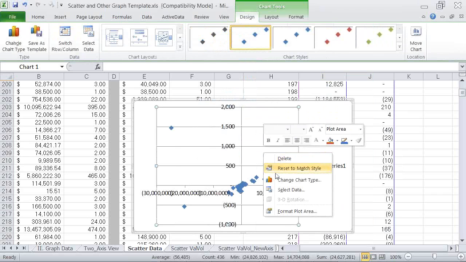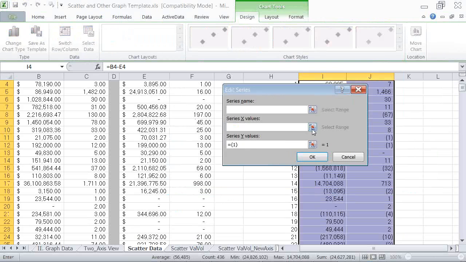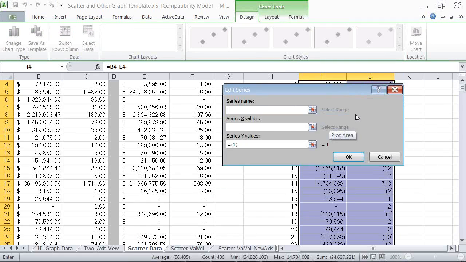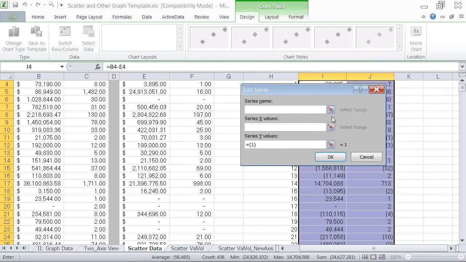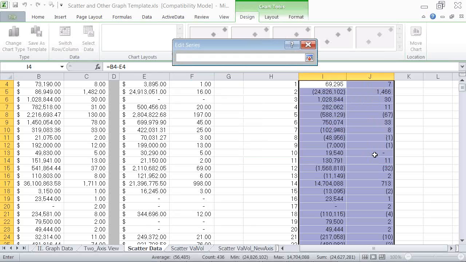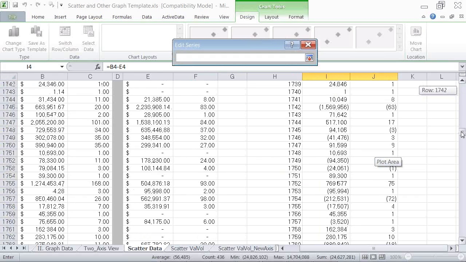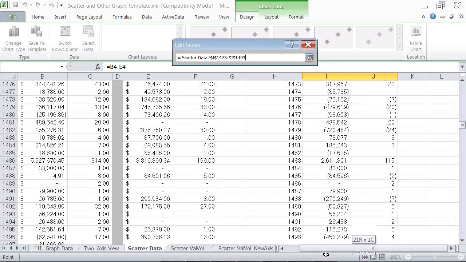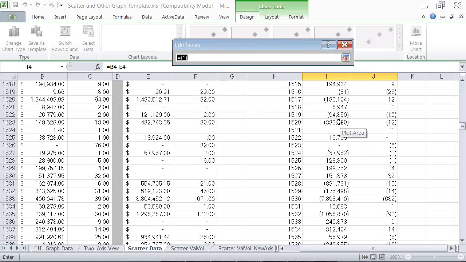And in that chart, in selecting the data, you can actually add another series name. I was hoping to select a set of X values here and just go up.